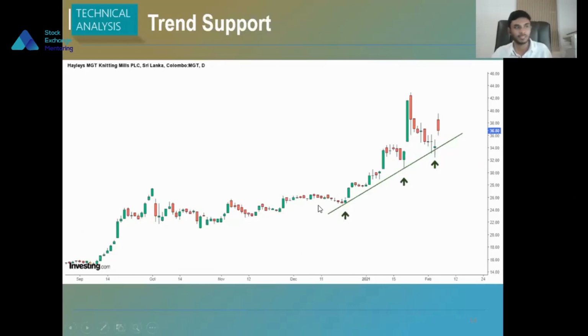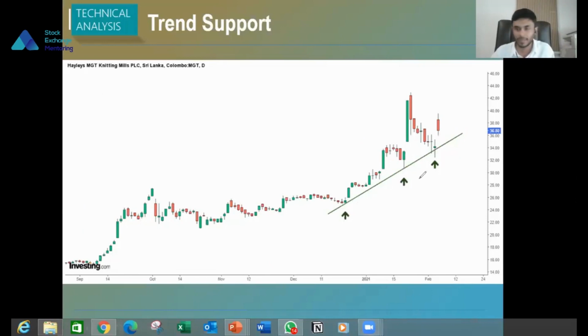Again, Haley's MGT. This is before the subdivision of the stock. You can see the trend support line I have taken. If you have identified these points and extend this trend support, every time the stock touched the trend support levels, it maintained some support and moved in this direction, and this. So you can see this is an upward trend support. This price action analysis will give us the idea. If you can identify these trend support patterns in chart analysis, this will give you valuable information for your future reference. Maybe in future these levels can have support again, or maybe it will break below this.